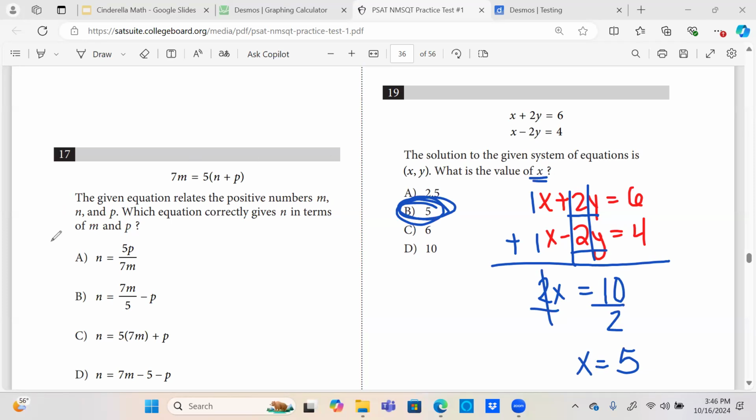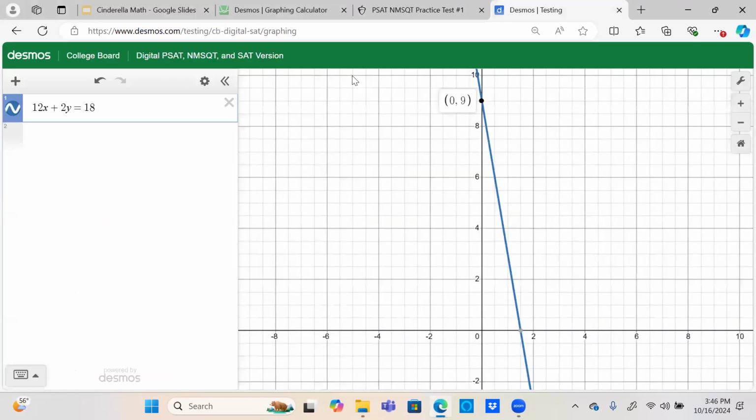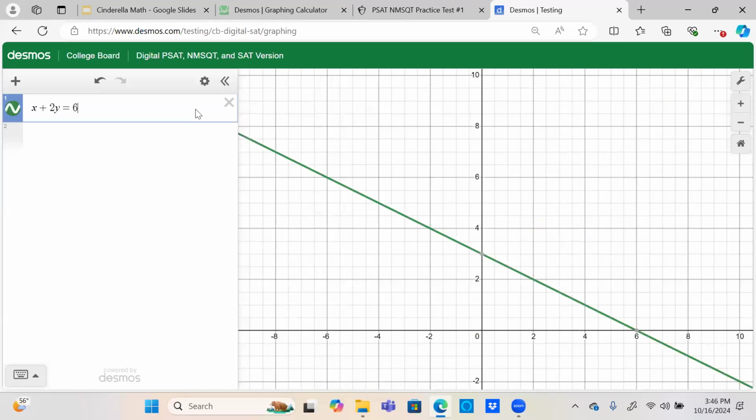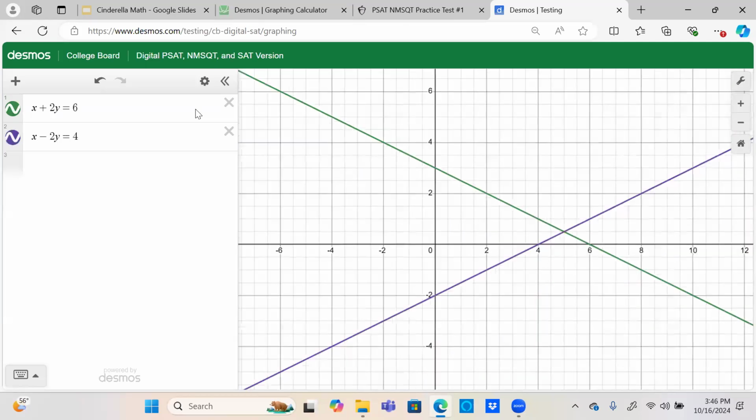If you don't want to mess with that, you could just graph this. All right, so we have x plus 2y equals 6. And then the second one was x minus 2y equals 4. And you want to click the solution, which is where they intersect. And they just wanted the x answer. So that's x, that's y. They just wanted the x, which is 5. So either way,